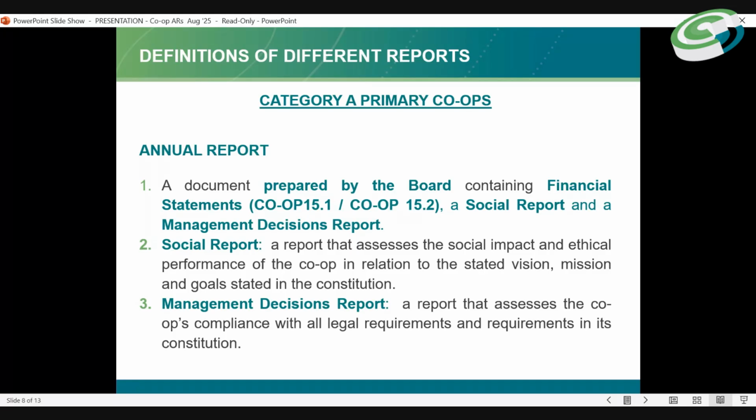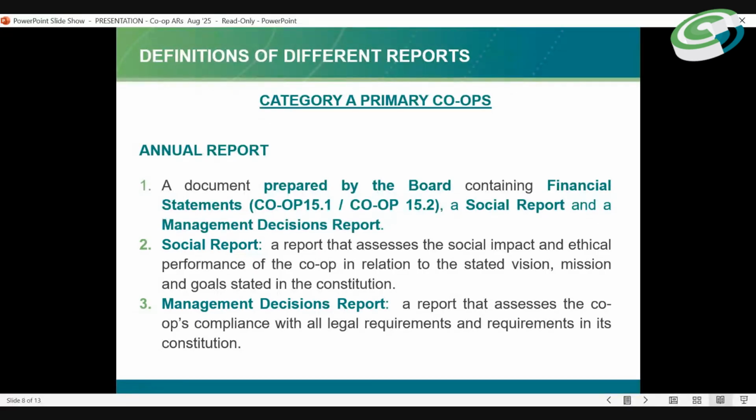If you look at the Cooperative Act, at the beginning of the Act, there are clear definitions which clearly state and outline what these reports are. The annual report is a document prepared by the board containing the financial statements, social report, and management report.